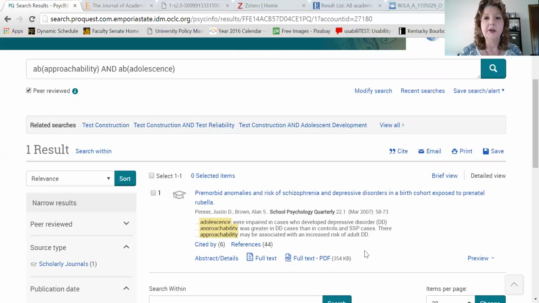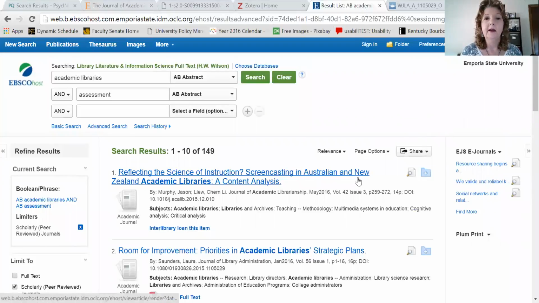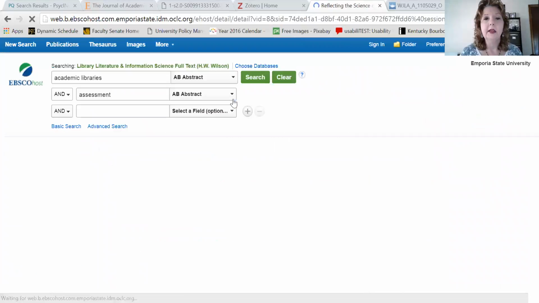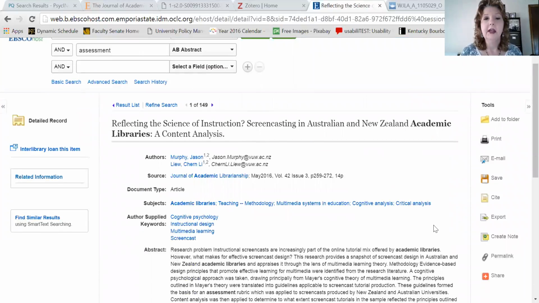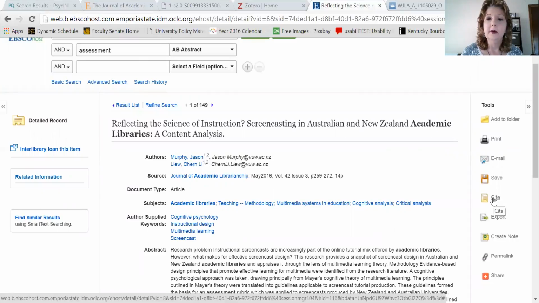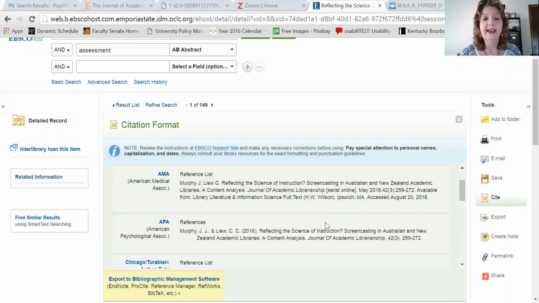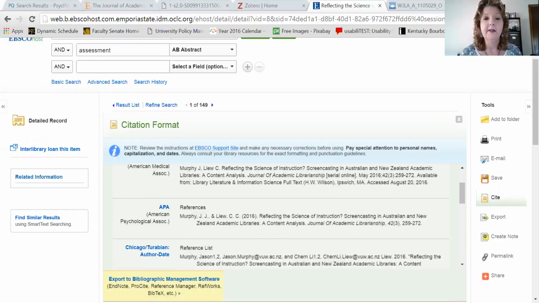One thing I did want to show you, and this will take place both in PsycInfo and when I go back to this tab, I'm still in my Library Literature and Information Science full text search. When I am in a complete record for an article, depending upon the way the database works, I can use what's called a cite feature. This is what I did in that discovery search just a few minutes ago. Again, with the citation format, I can find the specific citation,